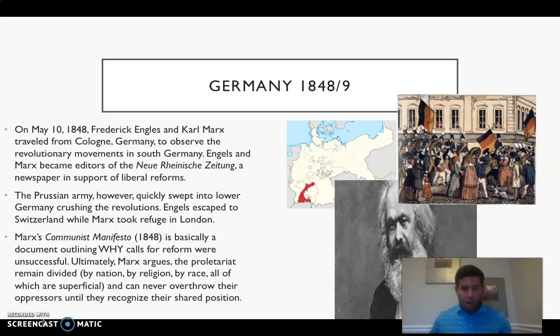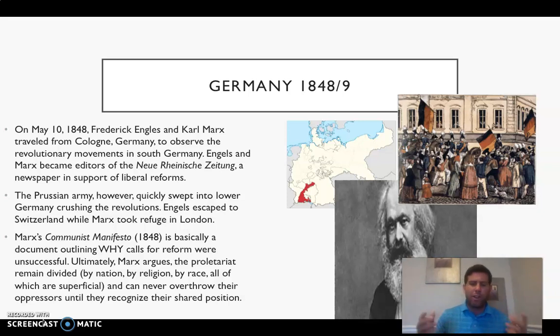The revolution that happened in Austria was different than the ones that happened in the Italian peninsula, different than the one in France, different than the one in Tipperary in Ireland. And so he says to himself, the reason that these were all so different is because the proletariat, the working class people, even though they all want the same things, they see themselves as different, right? Austrians saw themselves as different from Germans, who saw themselves as different from Italians. They had different religions, Protestant versus Catholic. They also saw themselves as different races. Working class British people saw themselves as an entirely different race than working class Irish people.